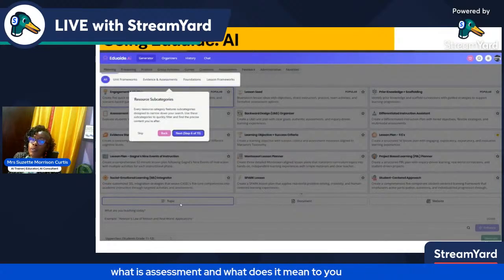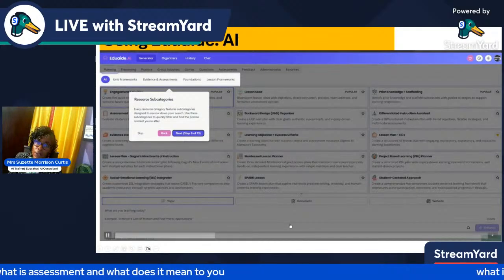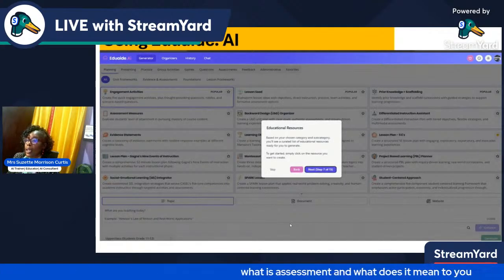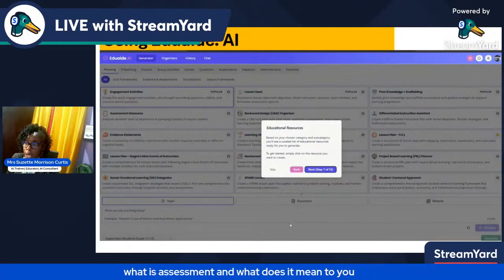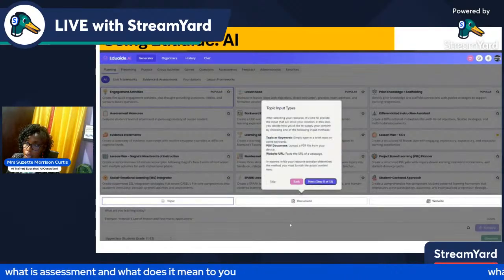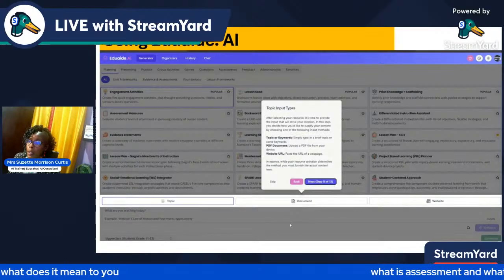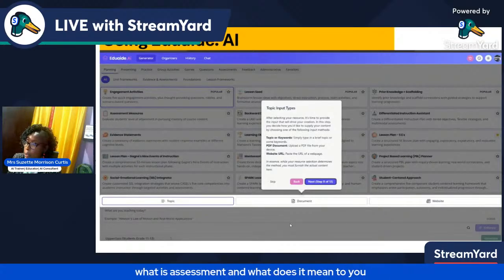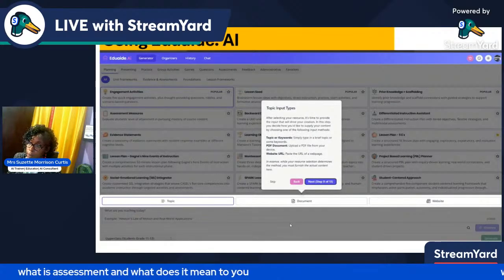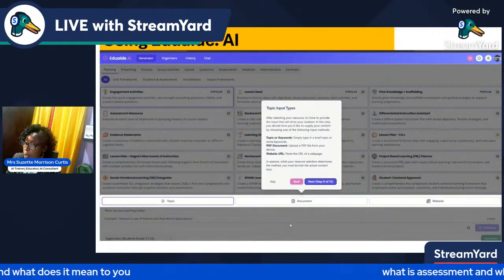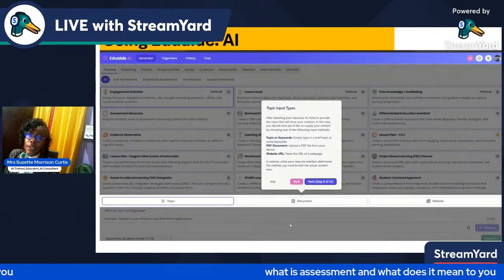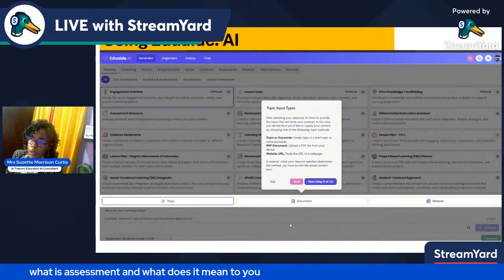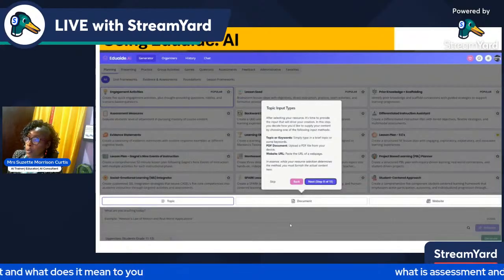Also, it gives you evidence assessment. So in terms of creating assessments for your class and in your course, you can do it using that. Educational resources, you can also add documents and activity sheets to your course materials for different topics. So it doesn't have to be just one topic. You can add a website, you can add different topics to the document, different website resources to improve it a little, and also give it a different diversity in terms of the learning capabilities of your students.